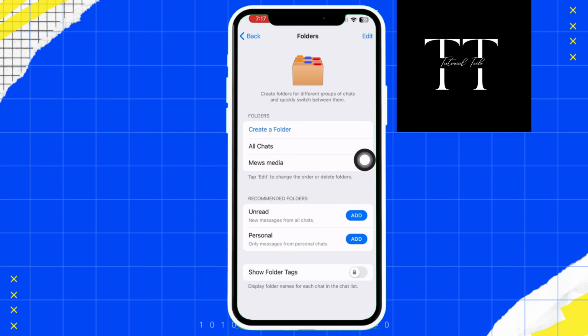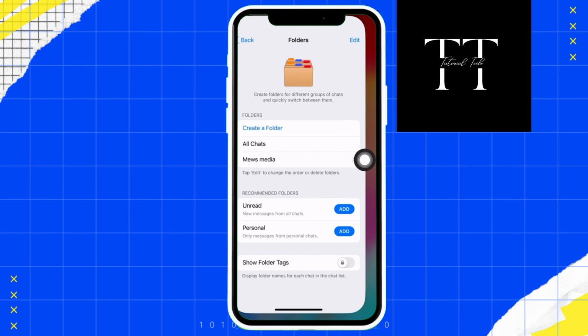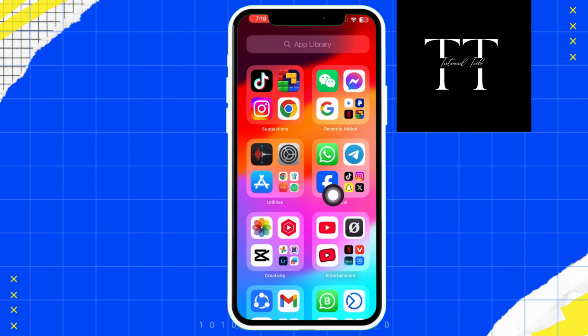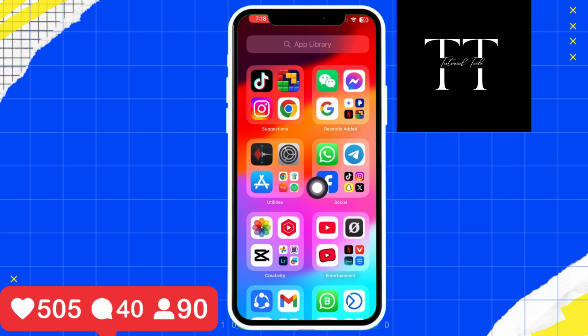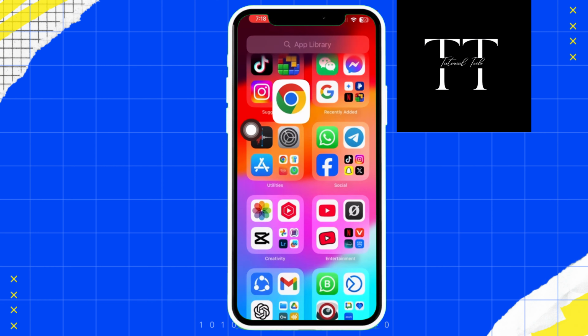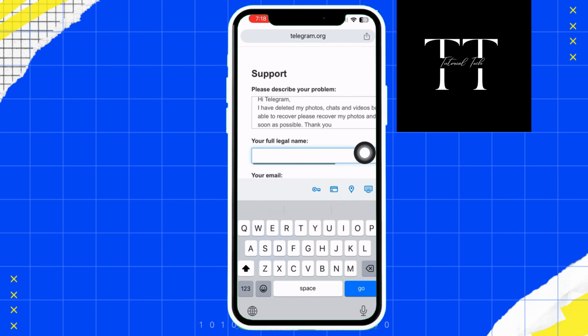Then delete search from your Telegram account and so far. In order to recover the deleted messages on Telegram, first you launch any browser. Then search for the telegram.org URL. After that,